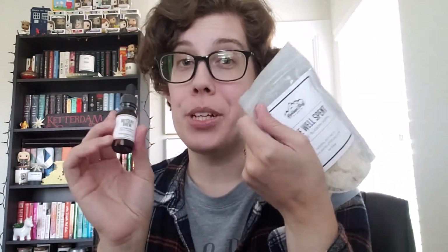If the person you're giving a gift to can't have actual open candles, like they live in an apartment or something and can't have an open flame, you can always do the scented oils or wax melts, which you can get in the same scents